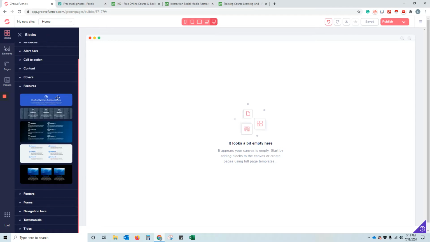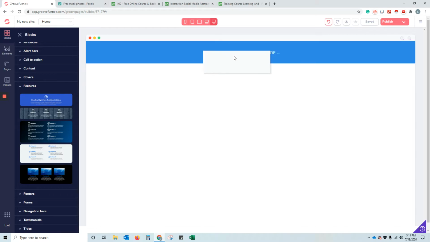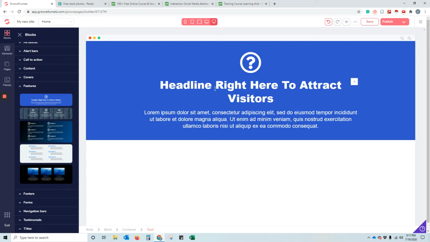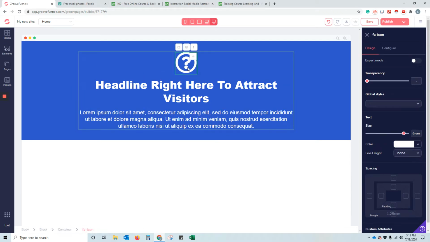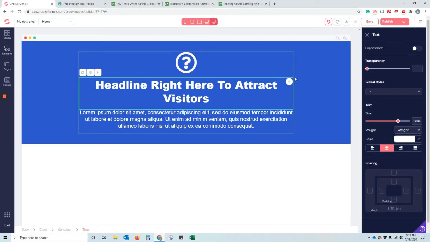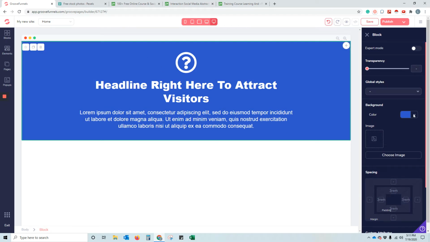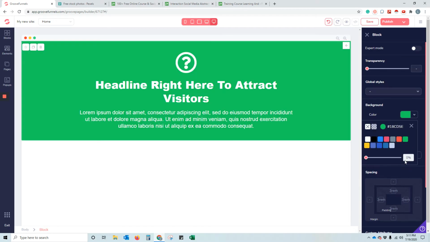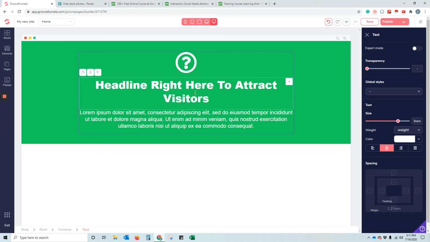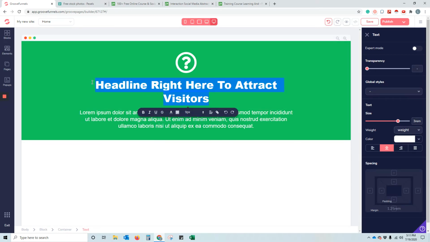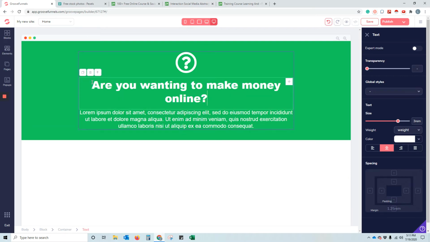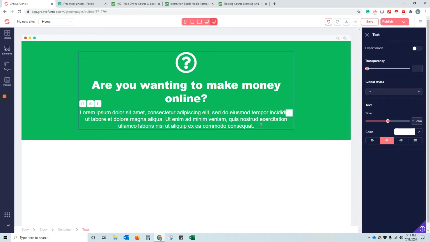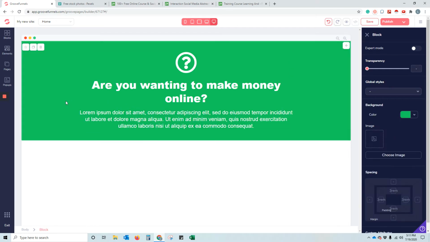Headline right here to attract visitors. Yeah, I guess that will work. We can start with that. And I'm going to say, I'll leave the question mark. I actually kind of like that question mark. I don't like this background, so I'm going to change my color to green. Green is about money. Headline to attract visitors. And are you wanting to make money online? And maybe my fun little caption to that will be